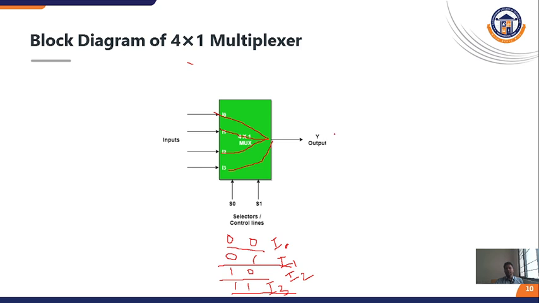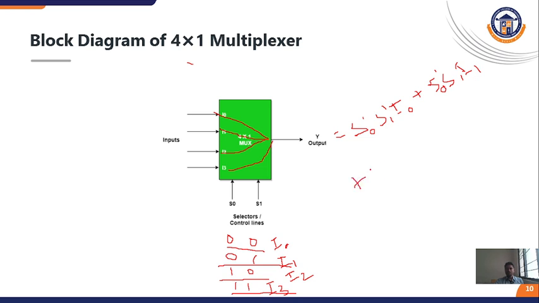So we can write the expression. S0 bar S1 bar I0 plus, the next selection line input is 0 1, so S0 bar S1 I1 plus